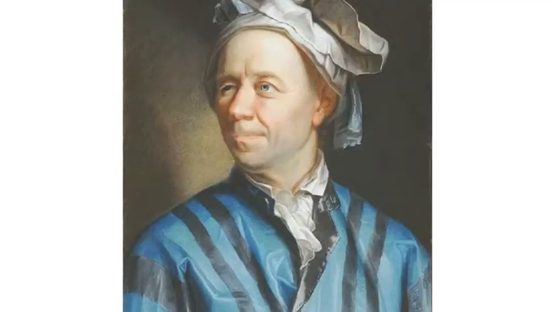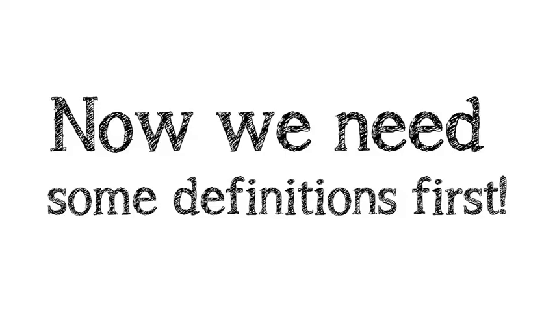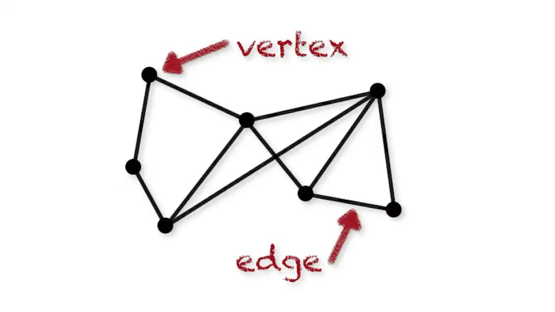The famous problem found a solution thanks to Leonhard Euler, who used graph theory, and by using it he proved that the problem didn't have a real solution. But now we need some definitions first. A graph is a simple mathematical structure made up of a set of nodes linked by a set of edges that allows for solving more complex problems.